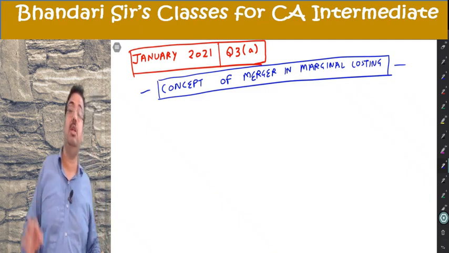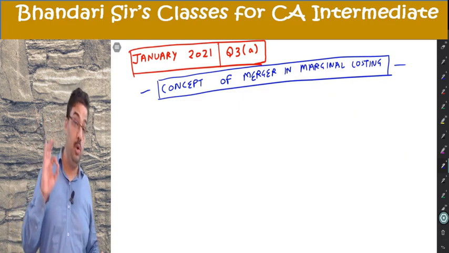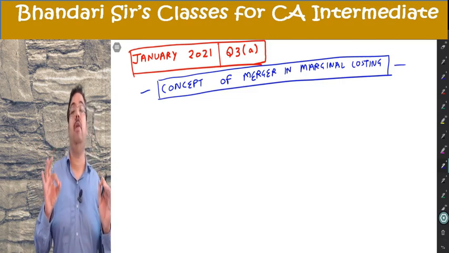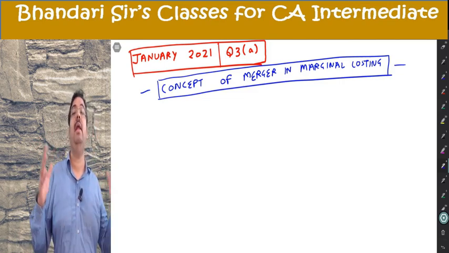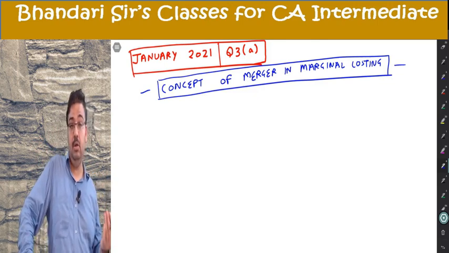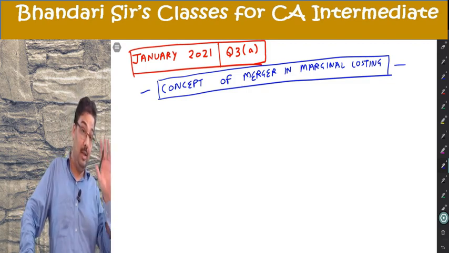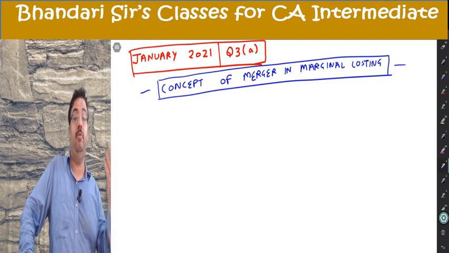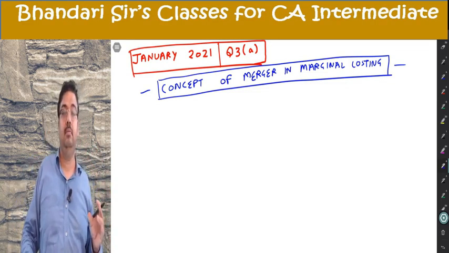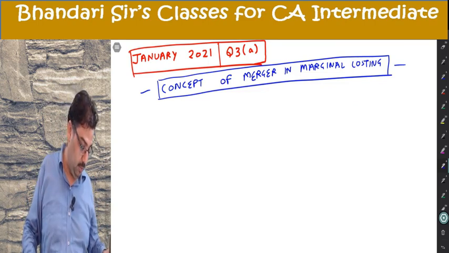Now, whenever merger situation is given, any number of plants, 2 plants, 3 plants, 4 plants, what do you need to do? Get their flexible budget at 100% level of activity and then add. The added data will represent 100% level of activity for the merged plant. Once you get that data, you can compute their break-even point, PV ratio, whatever is asked there. Then you can analyze the merged data. That is a key thing. I am writing that concept here before doing this question. So you can write along with me.